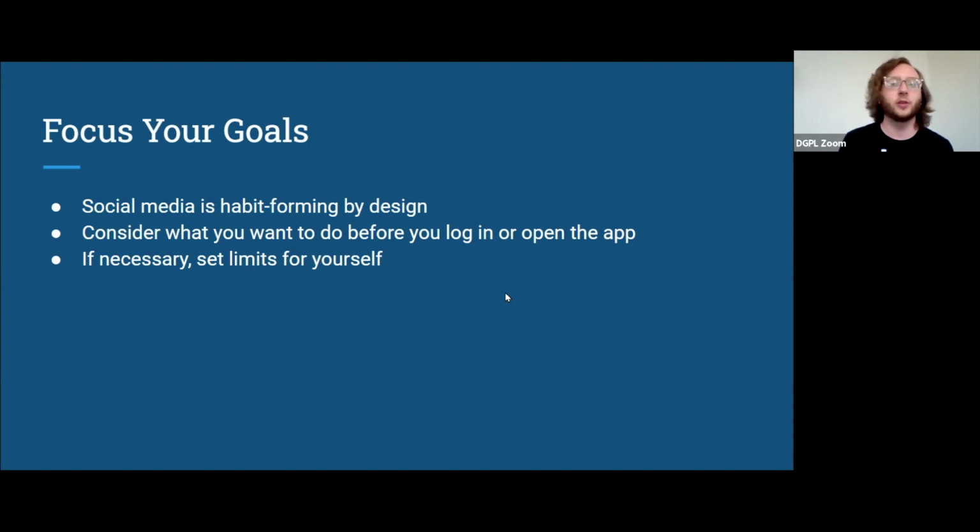So it can be really easy to lose yourself. For example, on a phone, you open Facebook, you scroll a little bit, you realize that you didn't go in there for any particular use, so you close it, and then before you know it, you're scrolling Facebook again. Just be aware, what are you trying to do here?